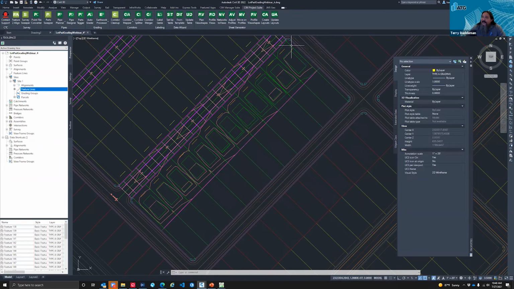It's basically graded our side lots. We're a little bit lower, and it's graded our pads. It added everything to the surface and applied it to our surface as a definition. So one thing to note is that CTC never creates